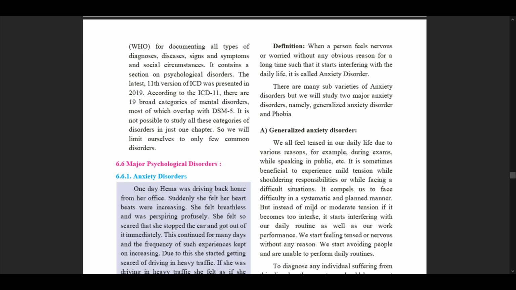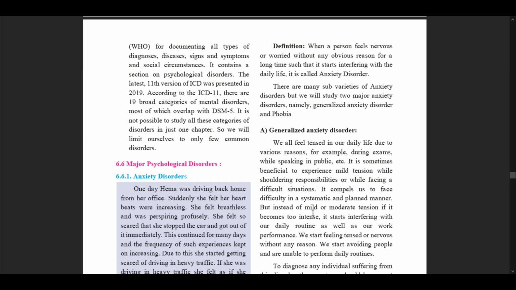So, as this paragraph says, if an individual is facing normal tension or something he or she is used to, like study pressure, portion completing pressure, etc., that is fine. But if it reaches a scale where it affects your behavior, where you're showing bad attitude, or you start ignoring people, you start becoming aggressive by nature, and you feel tense and nervous around anything and everything without any reason.